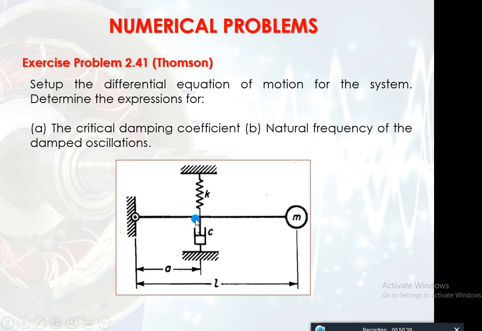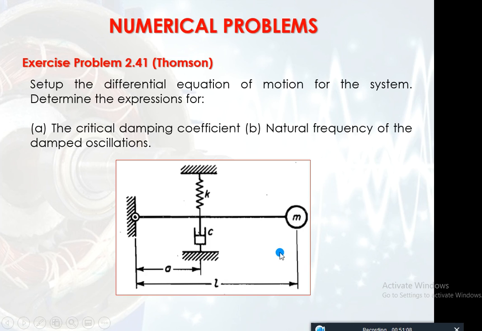So we will see where we have to make the change. For example, if we have the same problem and we do not have the mass at the end of the rod, then what will happen? We will use I is equal to m L square by 3. What is L? L is the length of the rod. So we will be using I is equal to ml square by 3 when we do not have this mass. But now in this case we have this mass here.